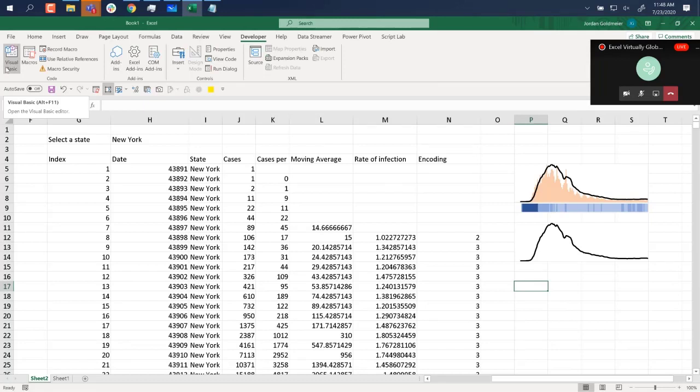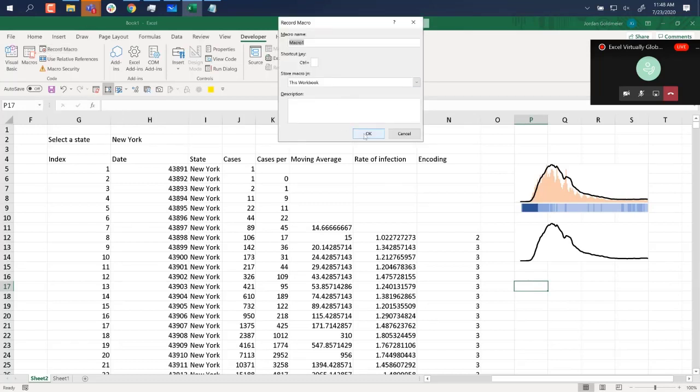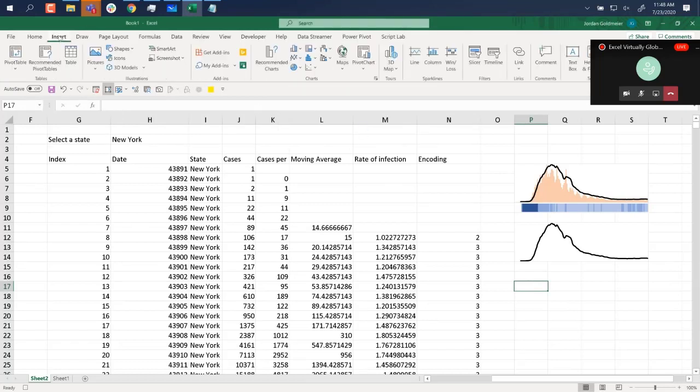But if you wanted to build something like this for your own personal macro, here's how I like to do it. I'm going to cheap out. I'm going to do something that I tell people never to do, right? I'm going to hit record macro. We're going to make it macro 1. Why not? I'll go to insert,